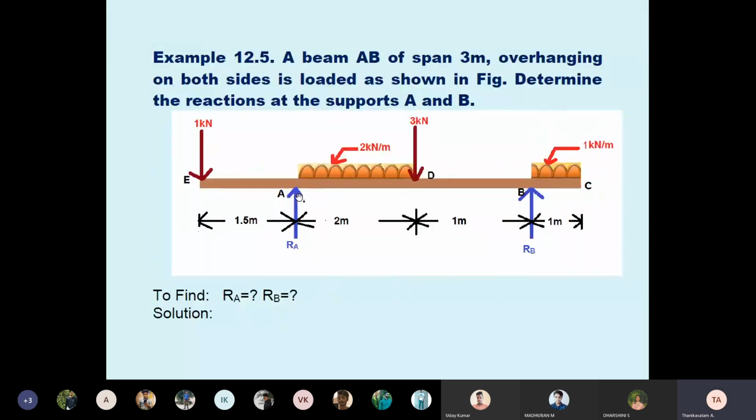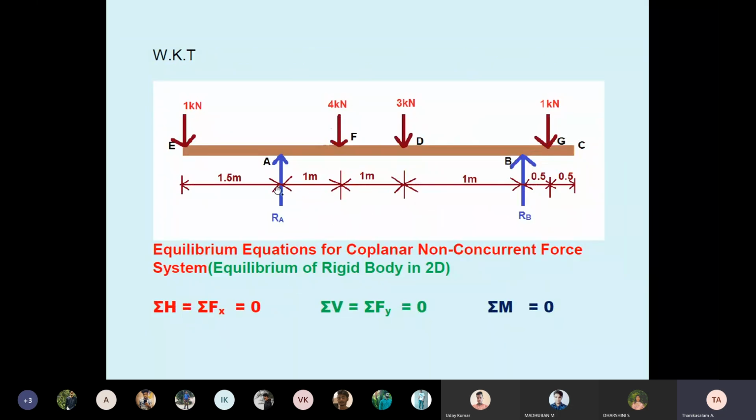So I want to convert to a point load. UDL, you have to consider as a rectangular concept. What is the rectangular concept? 2 kilonewton per meter into 2 meter. So 2 into 2, 4 kilonewton, the meter cancels. Where is it acting? Students, middle of the 2 meter. See here, I divided 2 meter into 1 meter, 1 meter. Therefore, 4 kN acting at F point, I introduced F point. Okay, UDL is acting. This is a concept for solving problems.